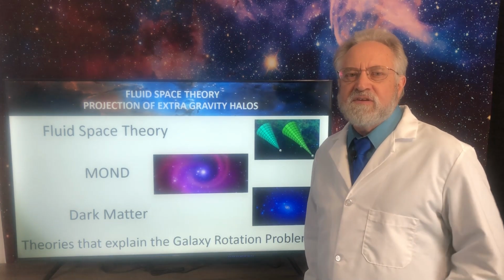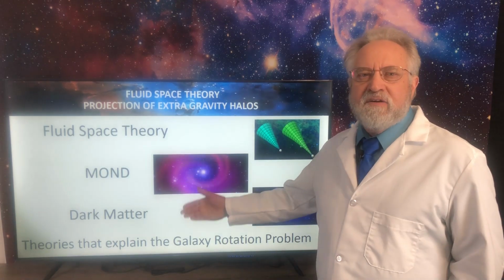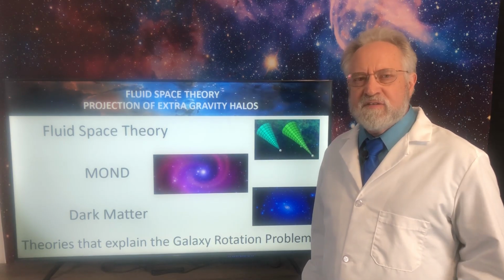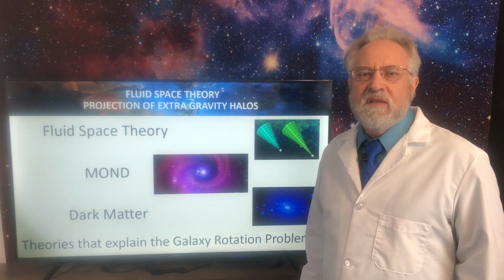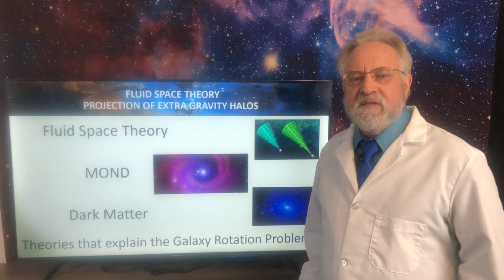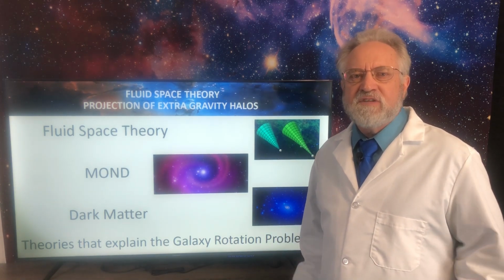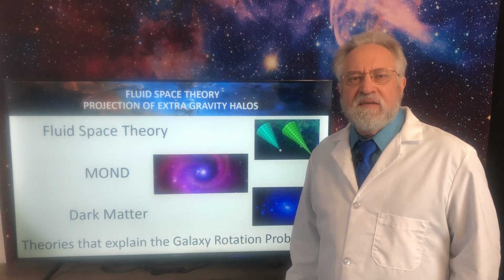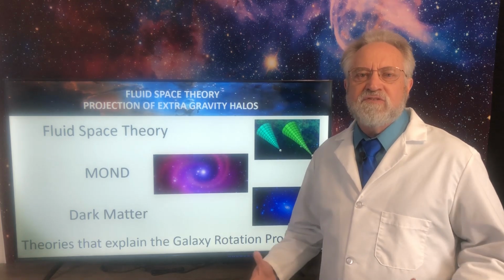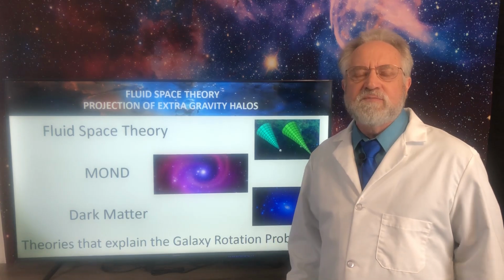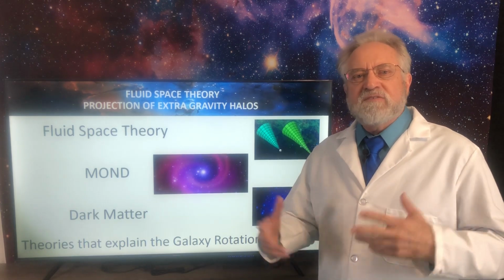Now a key difference though: while MOND and dark matter were created to explain the galaxy rotation problem, fluid space theory was developed as a visualization tool for general relativity. I was studying general relativity at the time and I couldn't picture what it was describing. So I began working on fluid space theory so I could get a mental picture of what's going on in